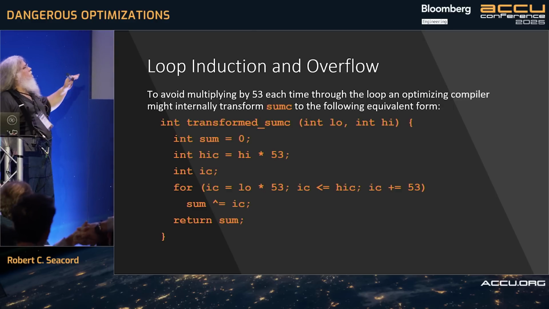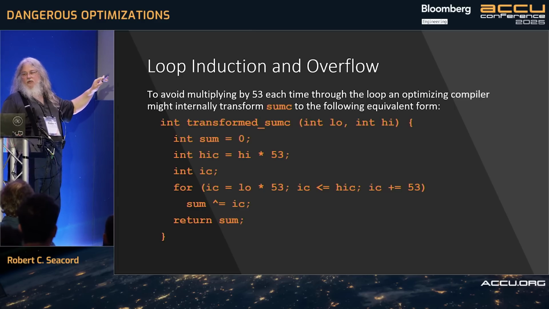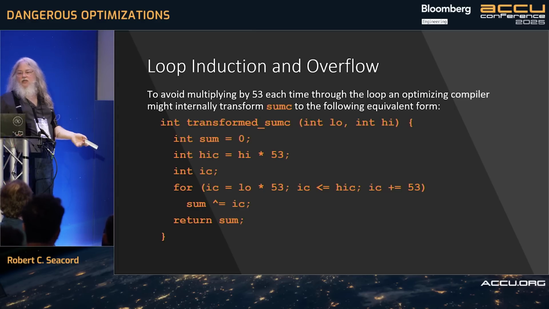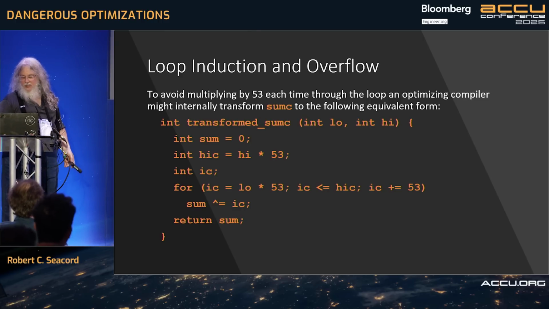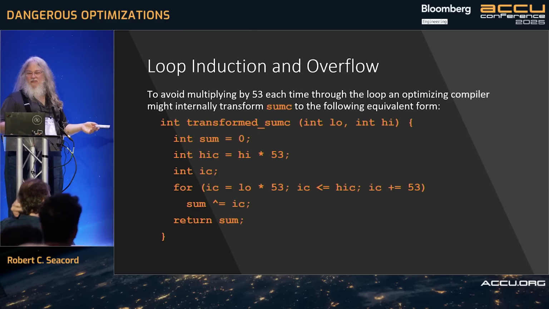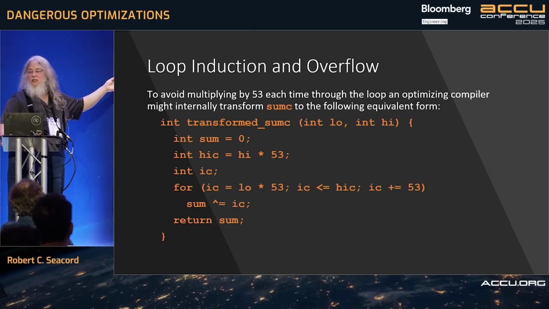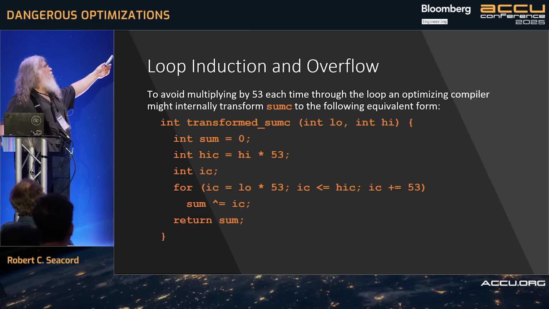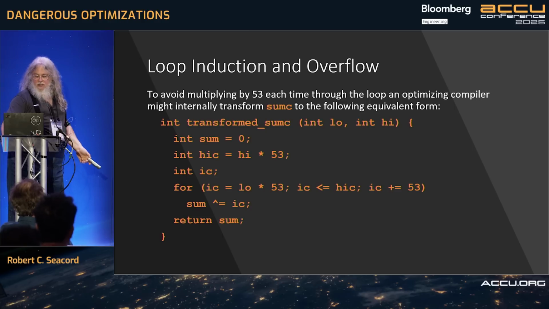So this transformed code only gives you the same behavior if overflow doesn't occur, which is the definition of the total license model. It's assuming the absence of undefined behavior. So it's nice if your data doesn't cause this overflow. If it does, you've got some issues. And this sort of stuff is very tricky to debug, because a lot of the variables that can overflow aren't present in the original source code. They're created in order to provide this transformation.